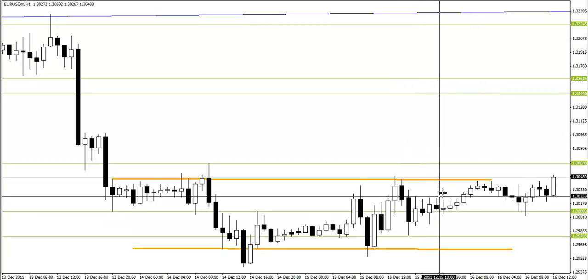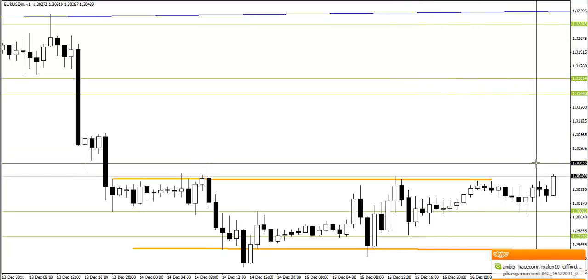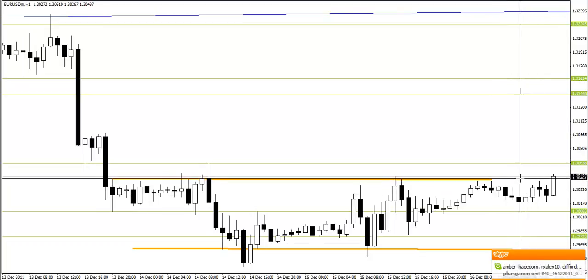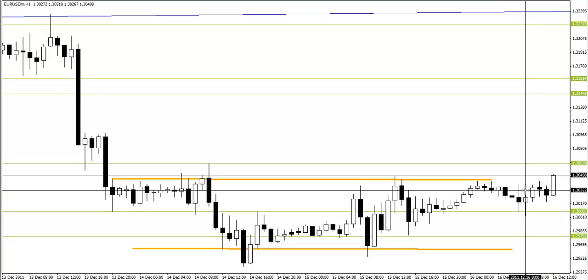And then obviously, if we break up, we don't want to be trading breakouts. We want to be waiting for the pullback and then getting long off of that again. So we'll see how this one goes. I think this move is really going to determine, for at least the next week, but we'll see how this